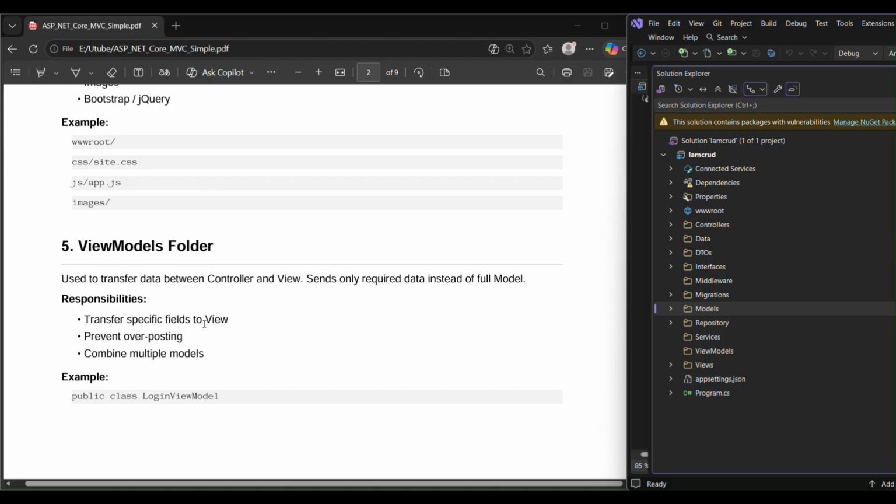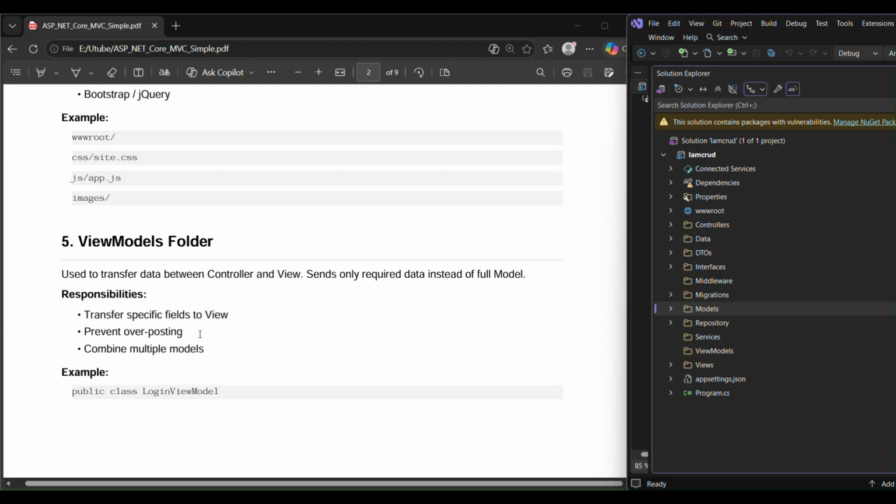Transfer specific fields to views, prevent overposting, combine multiple needs. Overposting means you have a form in your browser that contains only 3 fields, but it directly binds with your model, and the model contains 5 fields. Then a third party can put input into your other 2 fields also. That is called overposting.